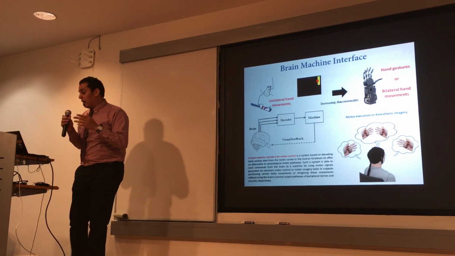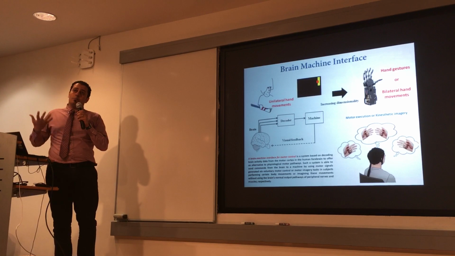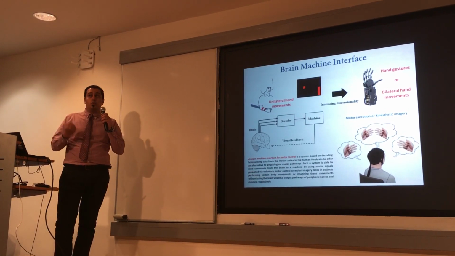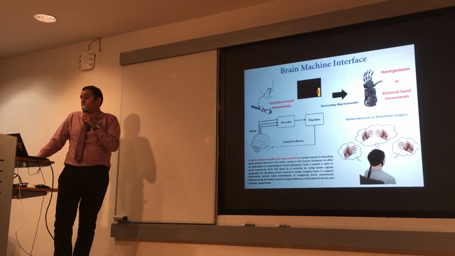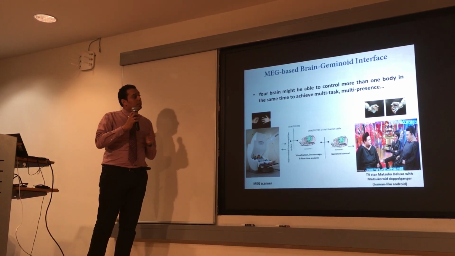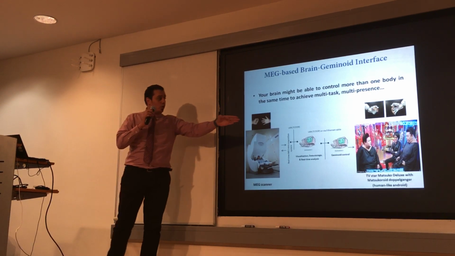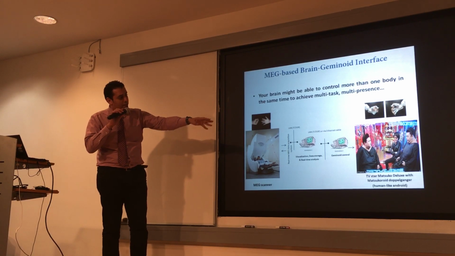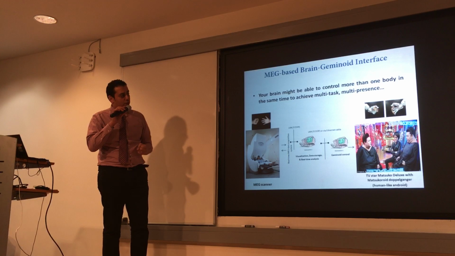That is done. But our goal is to clarify the neural mechanism and what is going on inside the brain when someone is doing a multitask process. To be honest with you, we have two purposes. One of them is an engineering purpose, to control a human-like robot. You can see this one, it's a very famous TV star in Japan. And all these kinds of robots are made by Professor Hiroshi Ishiguro.